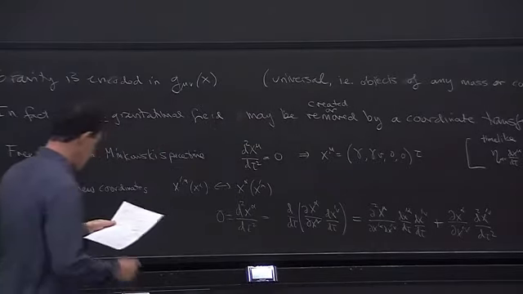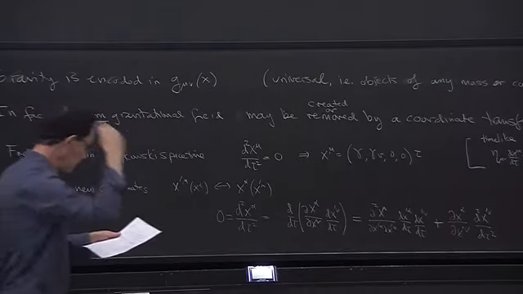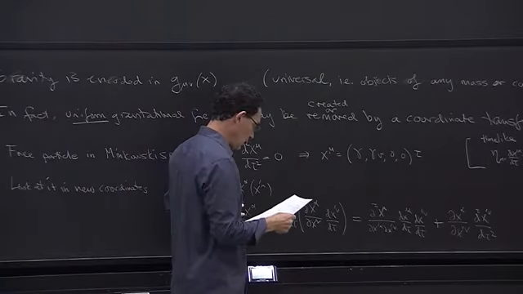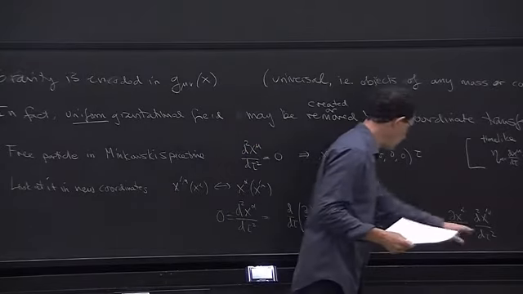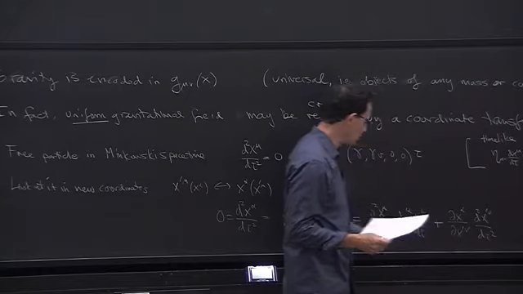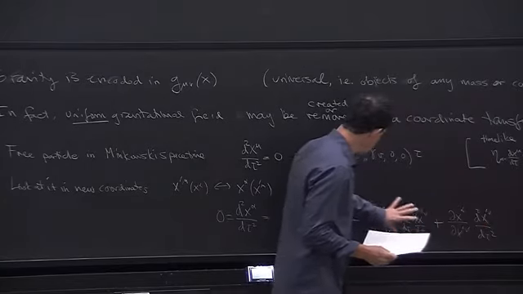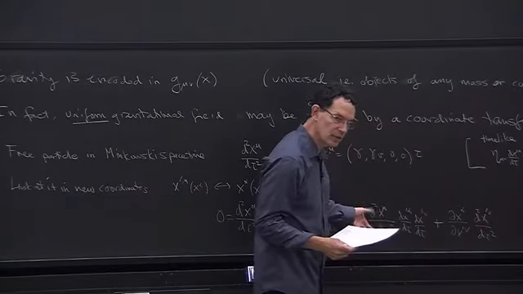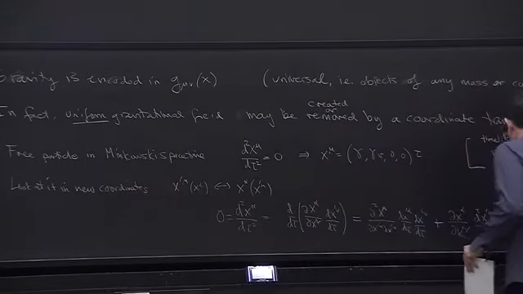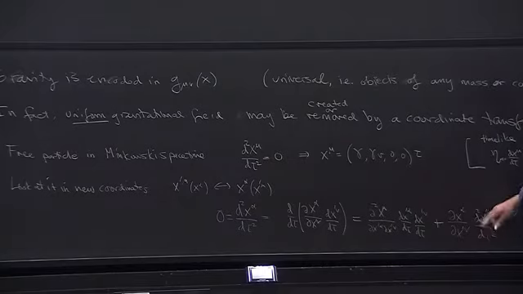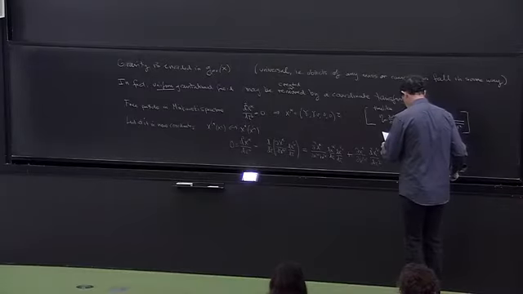So zero is this. The particle was going in a straight line in the x coordinates. In the x prime coordinates, it's not going in a straight line, because you've got to cancel these two terms. The sum of them is zero. So that's saying the acceleration is something to do with the second derivative of the coordinate transformation, right? Since all of this equals zero, I can multiply by the inverse Jacobian matrix to put it over there. And then you can show that